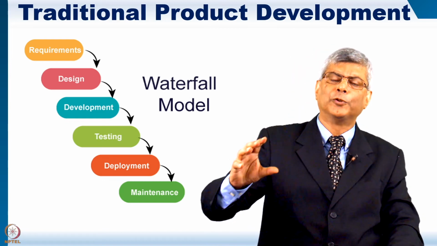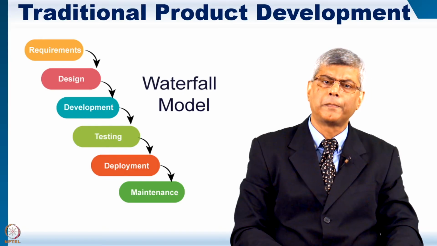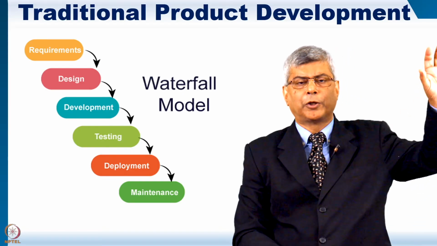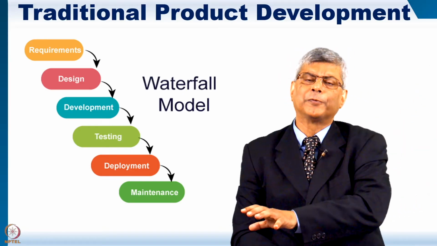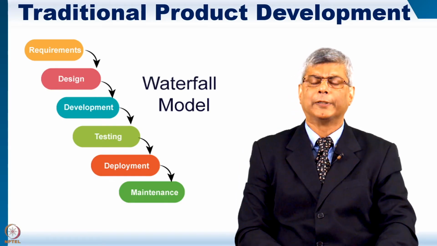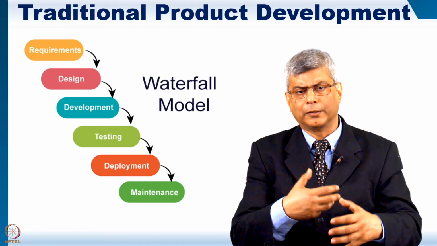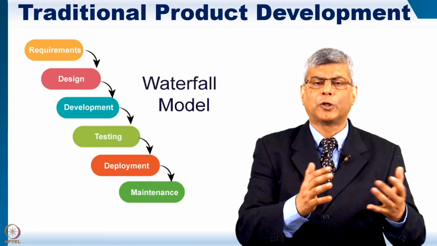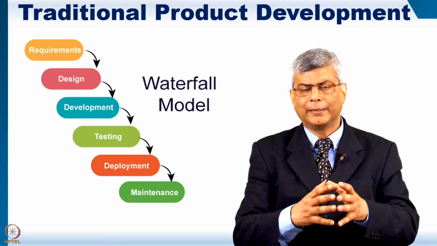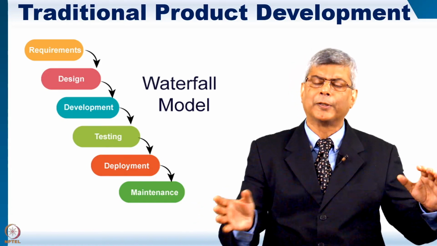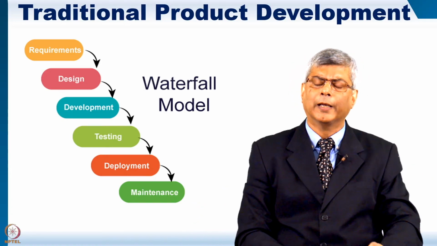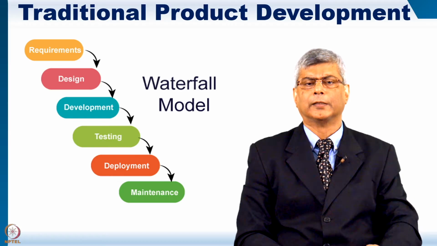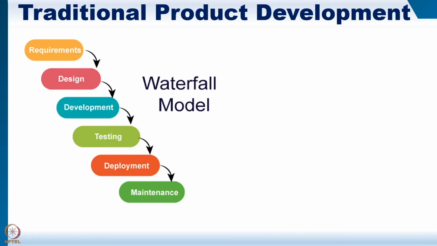By the time this handover has happened, the requirements of the customer may be very different from what the production department has produced. Then they hand over to the supply chain to package it and ship it. Then it goes to finance to price it and cost it. And by the time the product is launched in the market, it probably doesn't meet the need of the customer. And therefore, even traditional businesses have a lot of product failure.